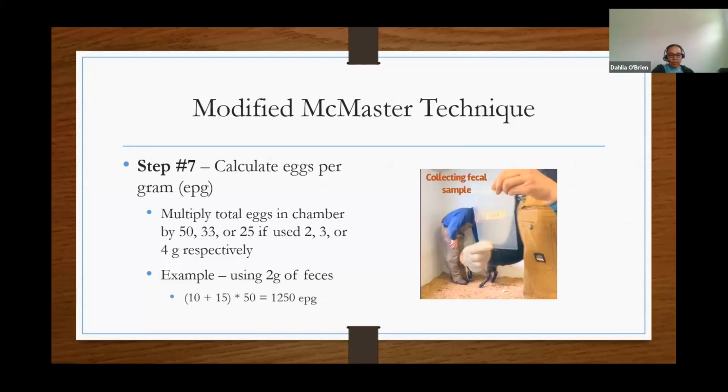There is a calculation for how we come up with this factor. If you're interested in getting that calculation, then you can email me. My email address was on the first slide, and I will send that to you. An easier way to remember is just to recall that it's 100 divided by the number of grams of fecal matter that you use. So 100 divided by 2 would be 50, 100 divided by 4 would be 25. And there's an example at the bottom of the screen that shows you how to calculate your total eggs per